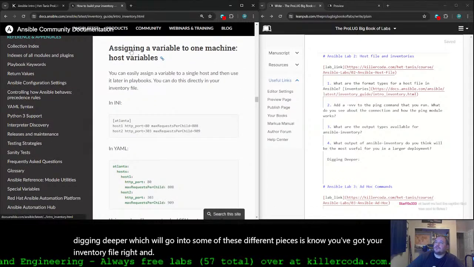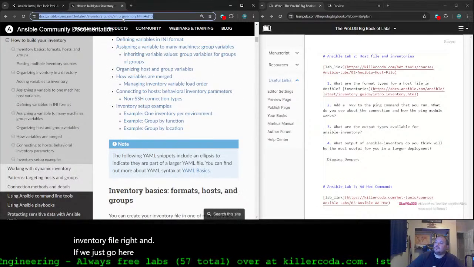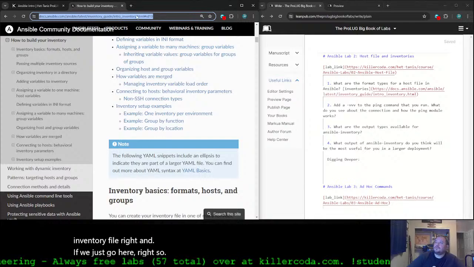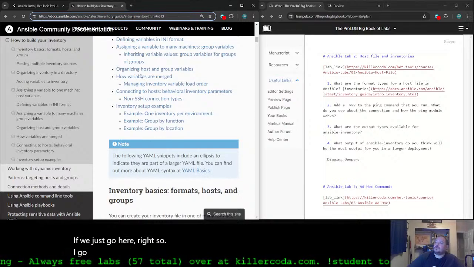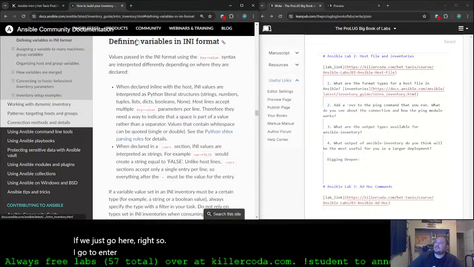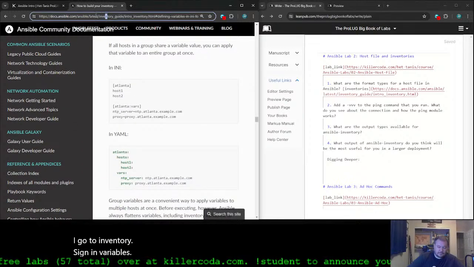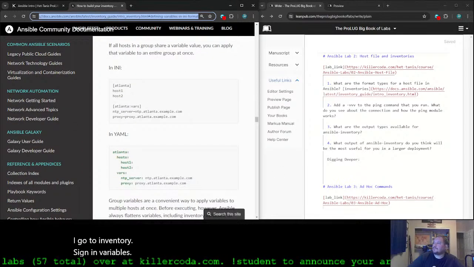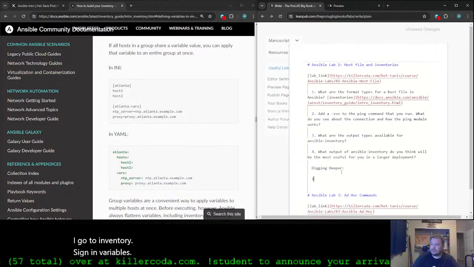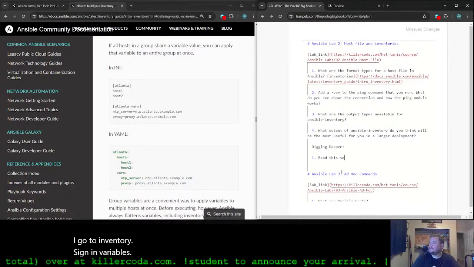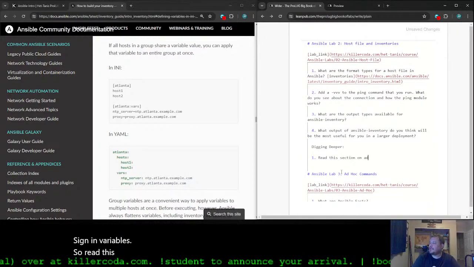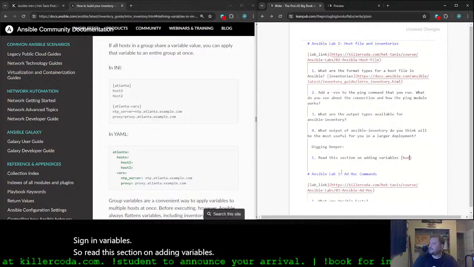If we just go here, so we go to inventory, assigning variables. So read this section on adding variables here, right?